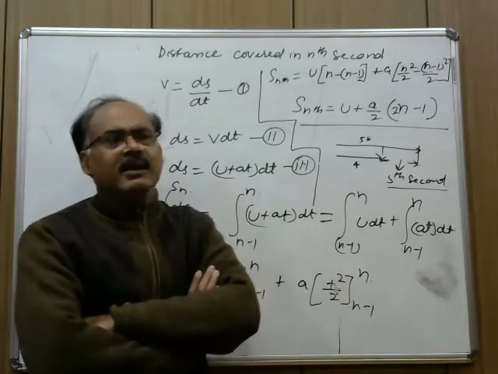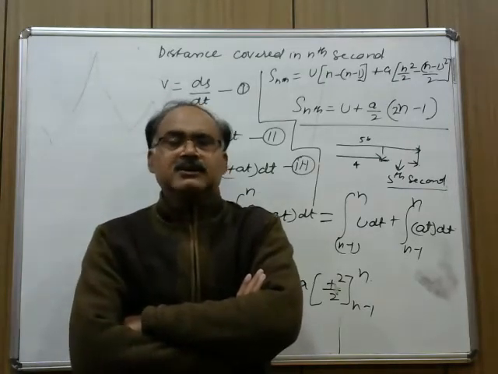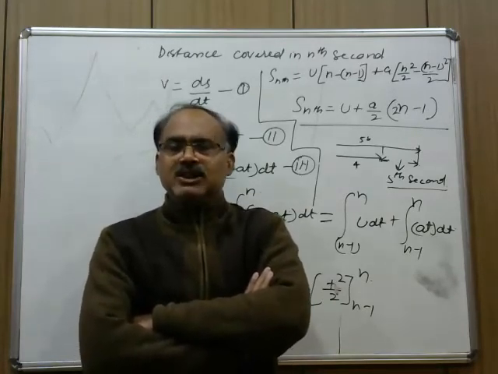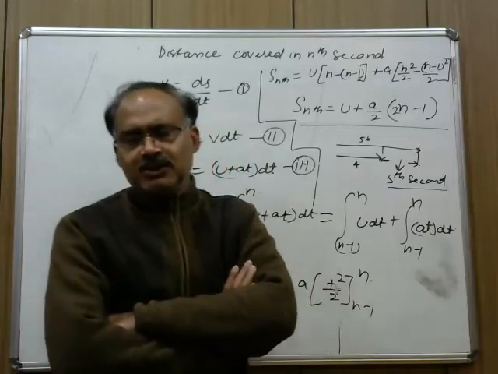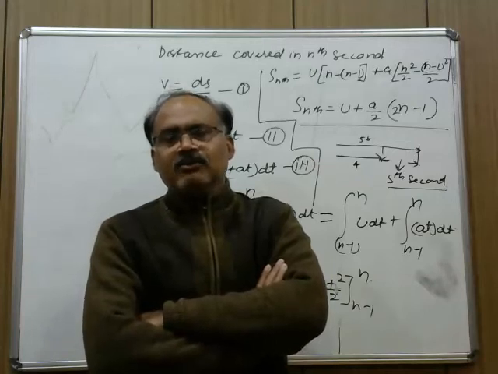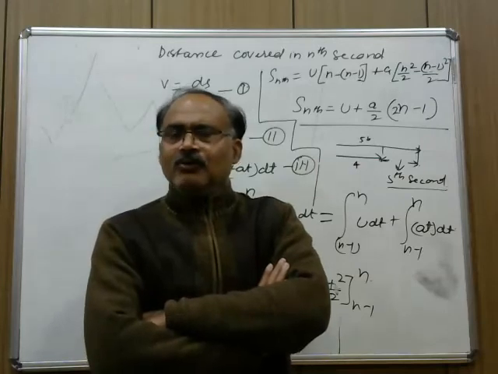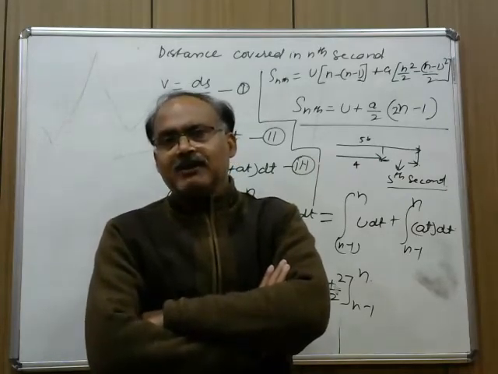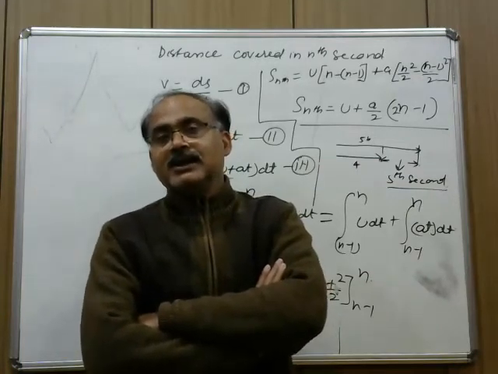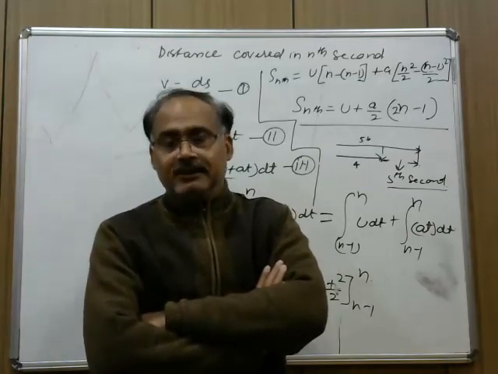So the derivation is not very important because you know the three equations of motion and you know how to apply them. You know when initial velocity becomes 0, you know when final velocity becomes 0. Once again in this module, I am just repeating that when a body starts from rest, its initial velocity becomes 0. When a body stops after applying a force, then its final velocity becomes 0 and the acceleration in that case will be negative because the velocity is decreasing at a constant rate.